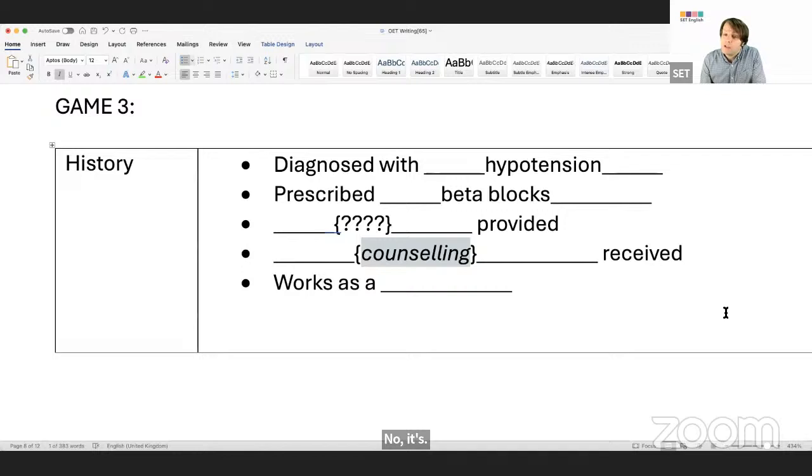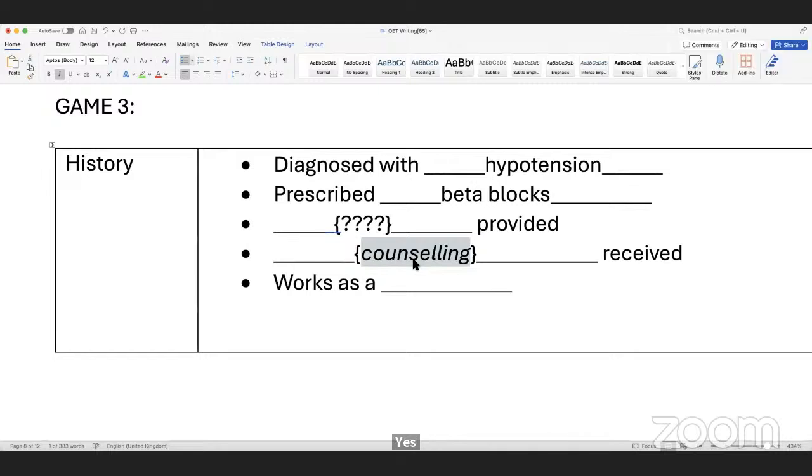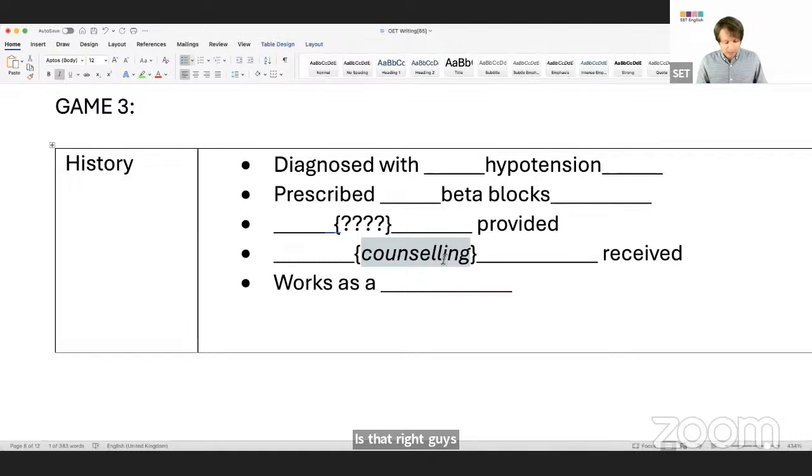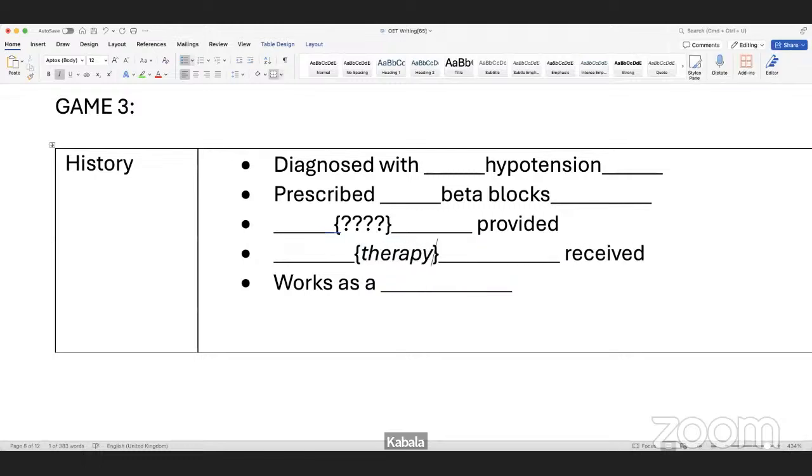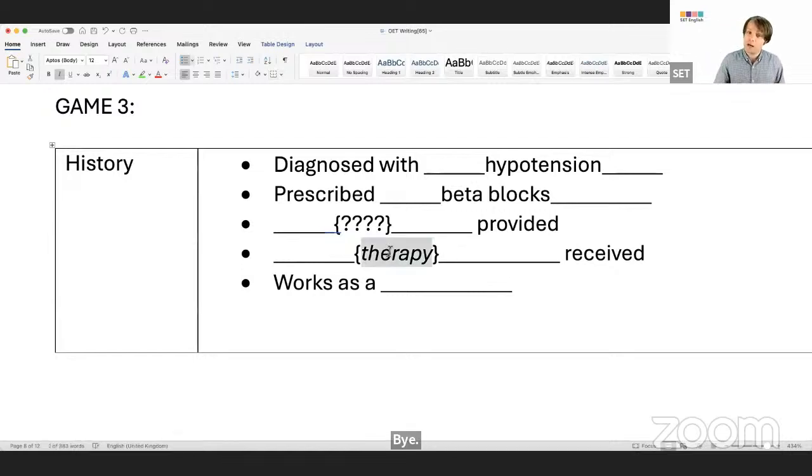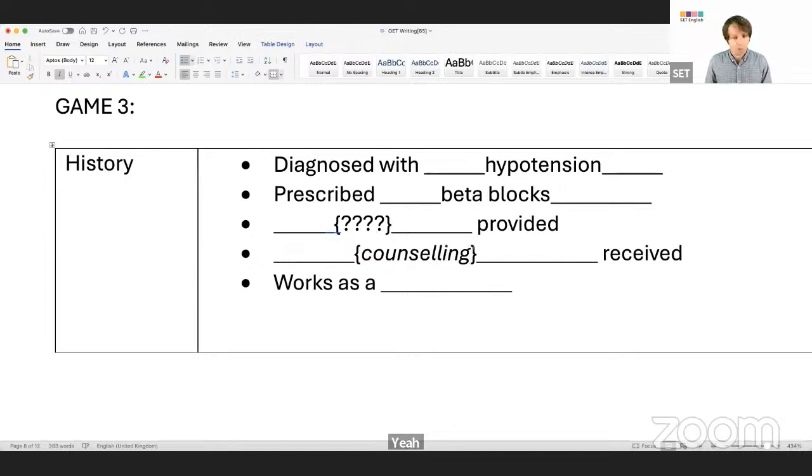But this is a word, like we were talking about at the start. If you don't know what that means, it's very hard to spell it, isn't it? If you don't actually know what it is. What is counselling? Anyone? Like mental health, for example, you go to the mental health therapist, CBT. Take advice. It's okay to have lots of different answers. And guidance to resolving problems. Yeah, it's guidance. Okay, so you might say therapy, but therapy is basically the same idea, but it's stronger. Therapy is quite strong counselling. Counselling, as you say, you go and you talk about your problems with someone. Maybe you get some advice.